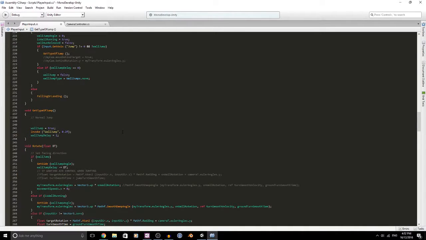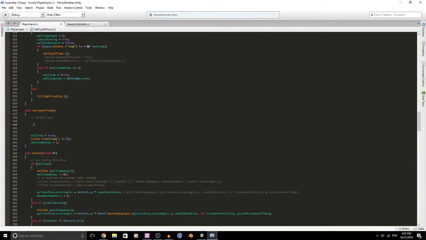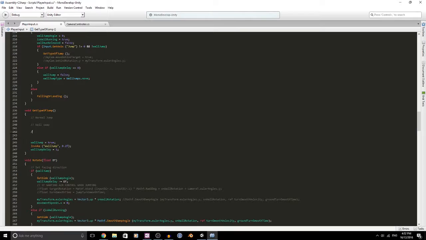So that's that. Anyway, so we get that. So we have the normal jump. We'll have wall swap. And then we'll have our wall leap. Let's make that lowercase j as well. Okay, cool. So to begin with here, since we come in here, we want to easily set wall